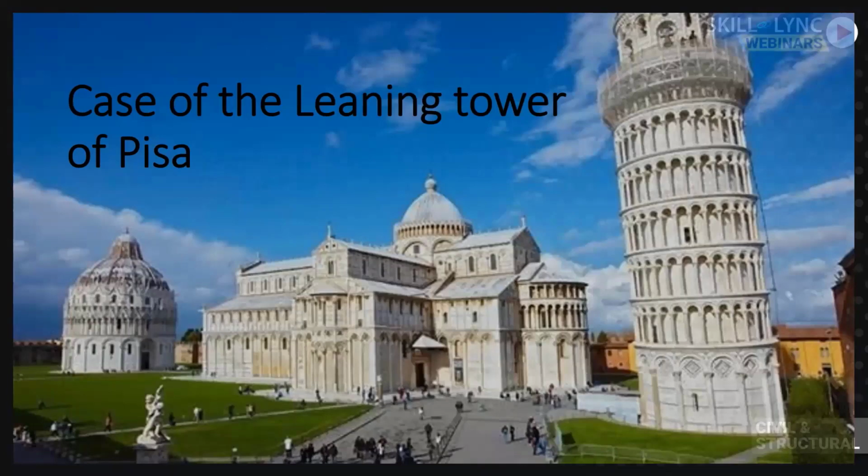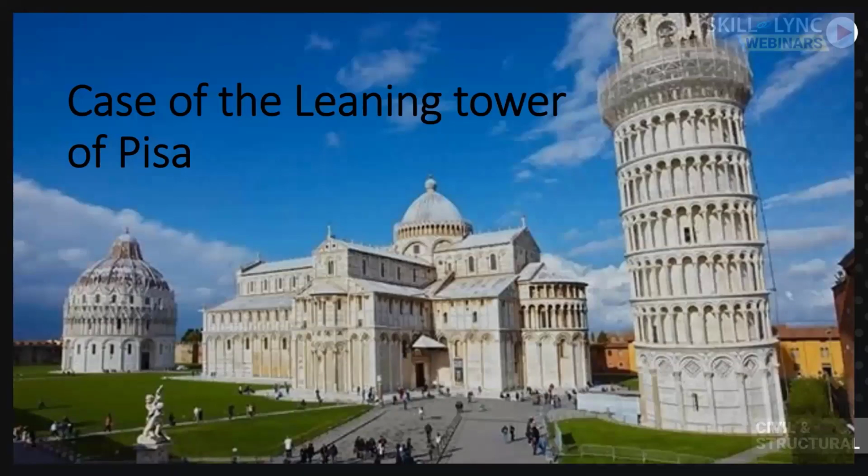The construction was again stopped after 6 or 7 years. And this time it was constructed till the seventh cornice. And then again, after a period of 90 years, around 1370, the construction started again. And this time it was finished in a span of 10 years. The construction was completed till the top of the tower, till the bell chamber.